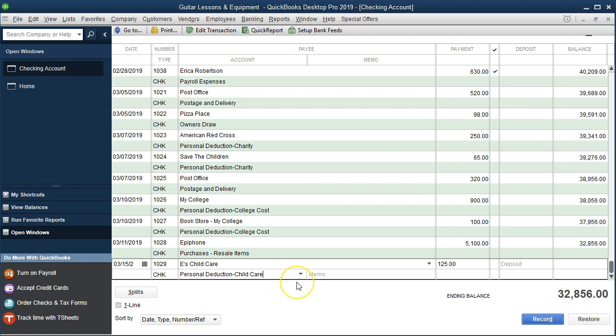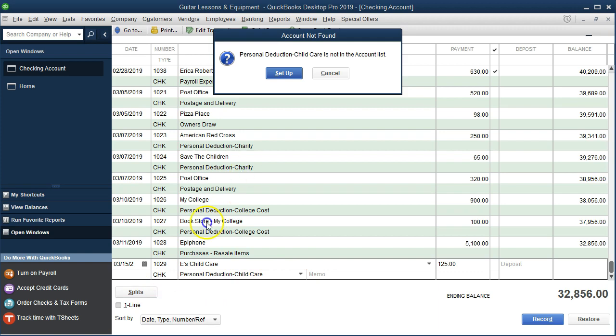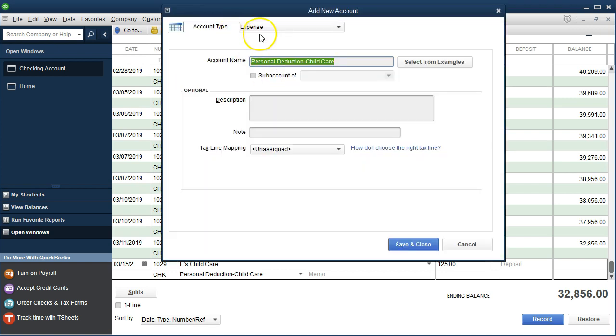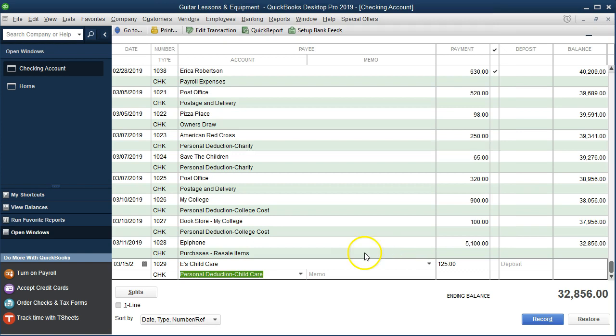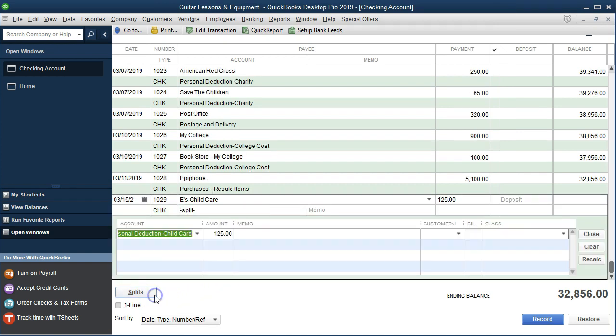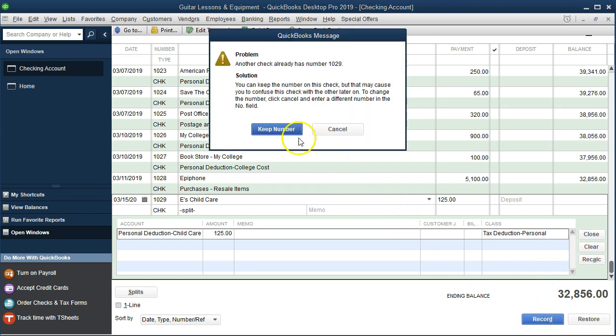We can't see the class, but we can go to the class by going to the splits item. Actually, once I hit splits, it's going to set up because I haven't set the account up. So let's set up the account. That would be nice. It's going to be an expense type account. Personal deduction, childcare, that's what we want. So we will then say save and close, then go to the split so that we can then see the class and add it, being the tax deduction personal class. And then we'll say record, keep the check number again,